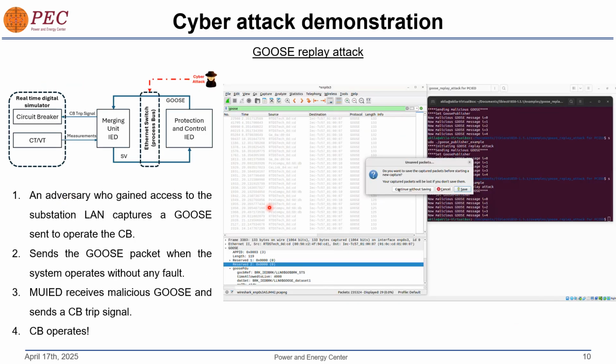So this is the cyber attack demonstration of a goose replay attack. In this attack, the adversary initially captures a goose packet which is originally sent to operate the circuit breaker. Later, the adversary sends this goose packet back to the network when the system is in normal operation. Merging unit IED receives this malicious goose packet and sends a circuit breaker trip signal, and eventually the circuit breaker